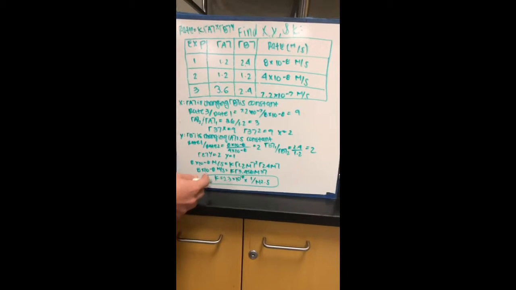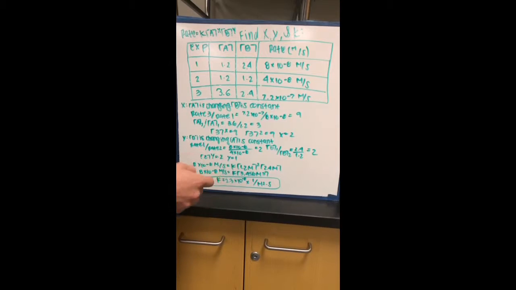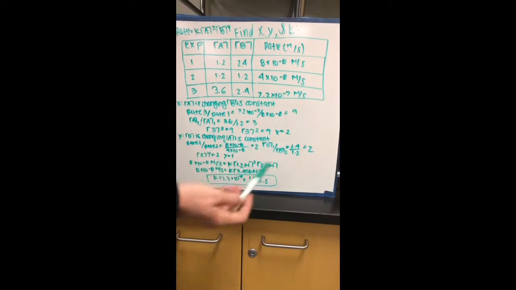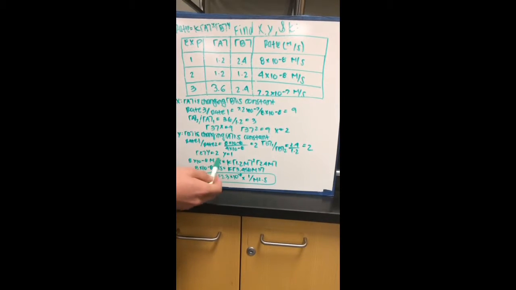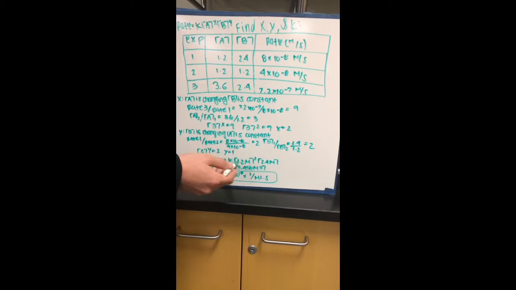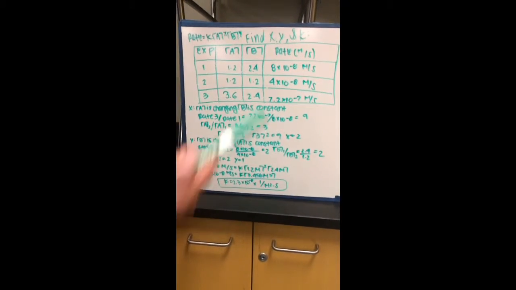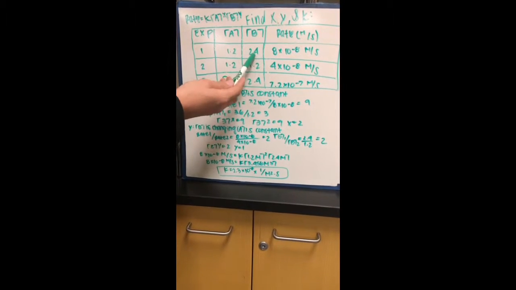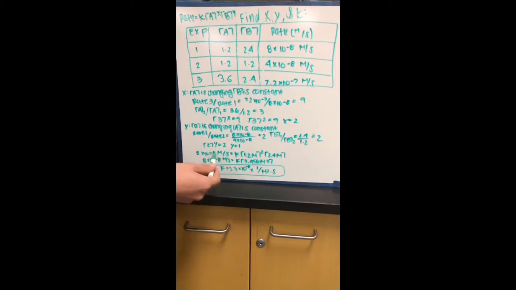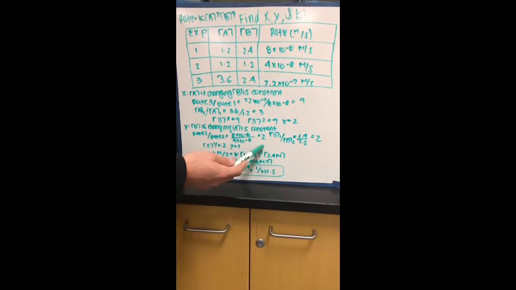Finally, we'll solve for k. To solve for k, you can plug in any of the rates. So, for example, we'll plug in this one. 8 times 10 to the negative 8 will be plugged into the rate equals k, and you can take any of the same rates. For example, we'll use the same experiment, so we'll do 1.2 and 2.4. So for the final equation, you'll do 8 times 10 to the negative 8 equals k, 1.2 squared,